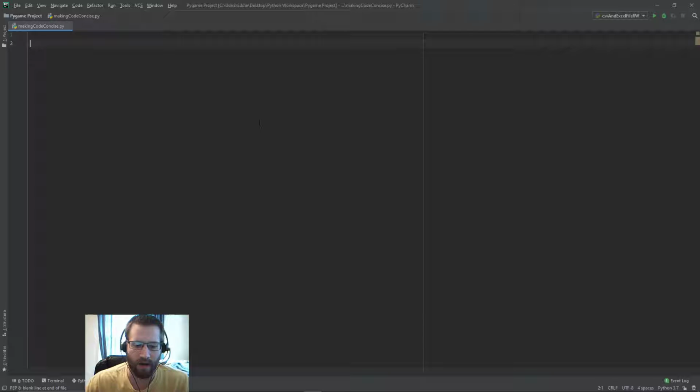And one of the really common things I see is using massive if statements. If it's equal to this or it's equal to this or equal to this, and you have all these different conditionals, and your code ends up being 50, 60, 70 lines of code just to do one check that you want to do. So for example,